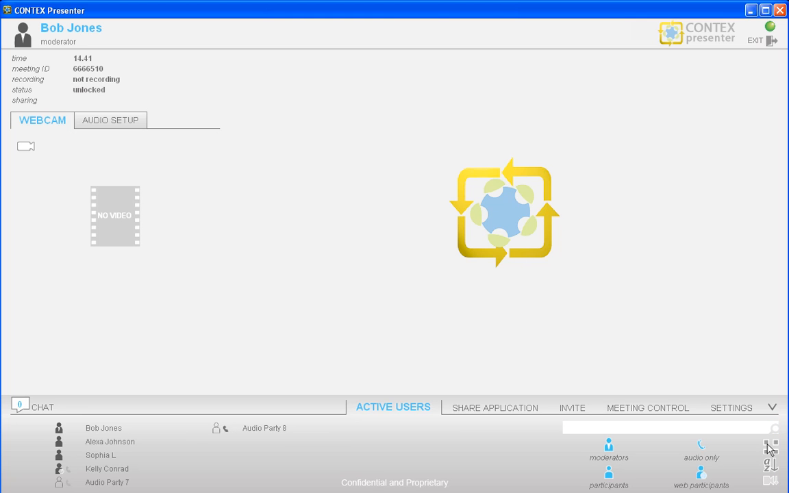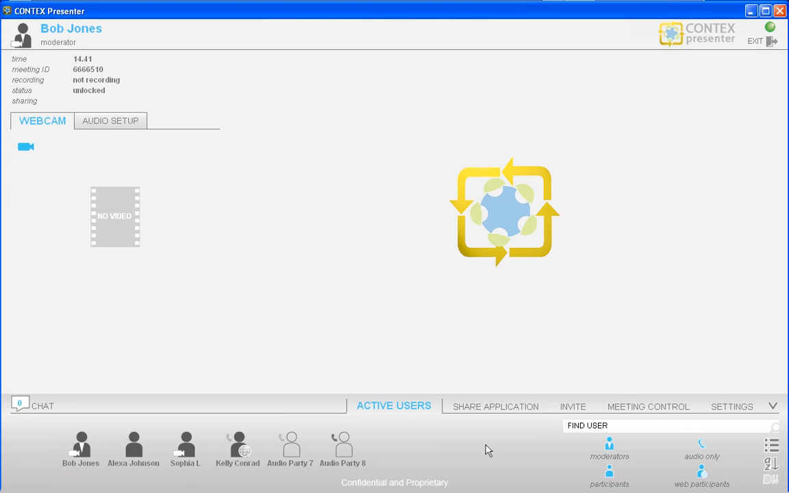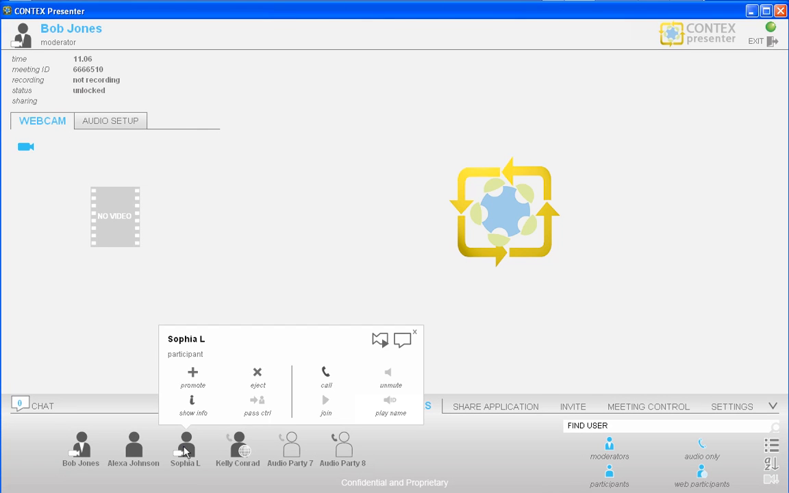If you have a large list of participants, toggling the icons from large to small can aid in spotting the right user faster. Selecting a user icon opens the Party Actions window. In this window, a moderator can perform a number of actions on another user for both the data and audio